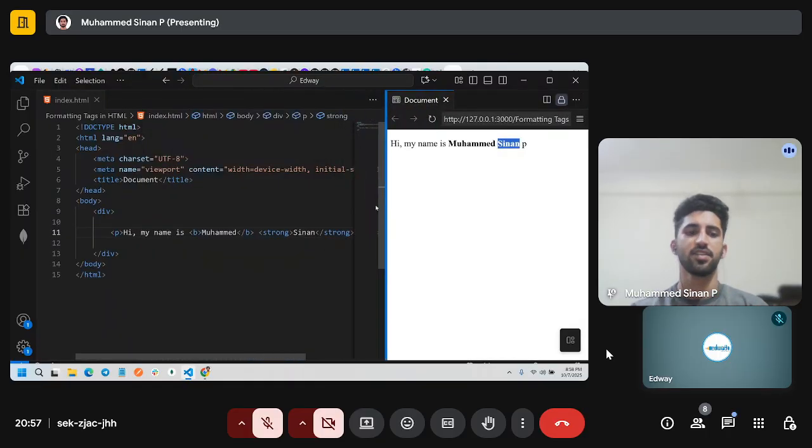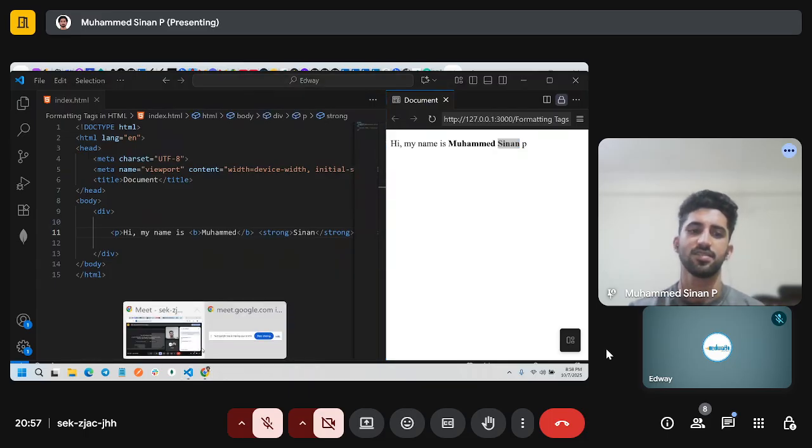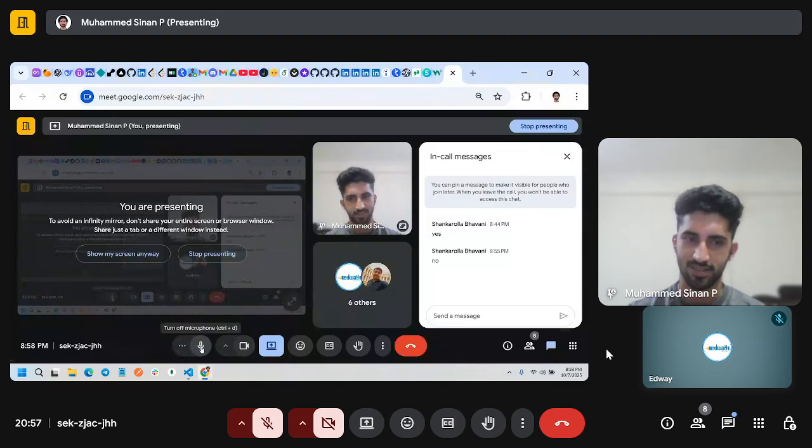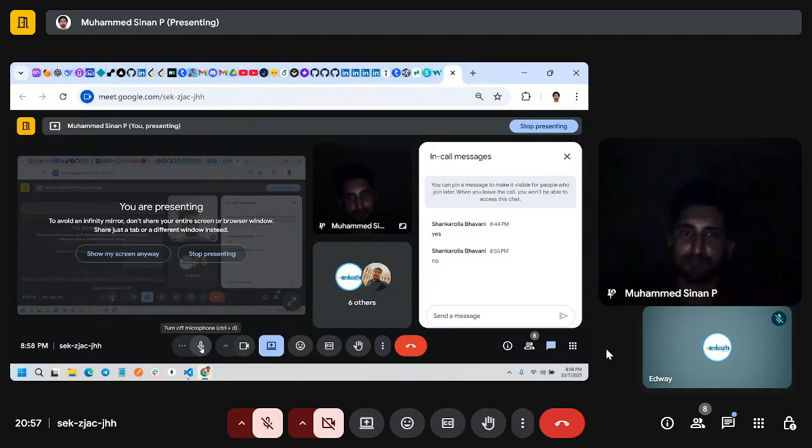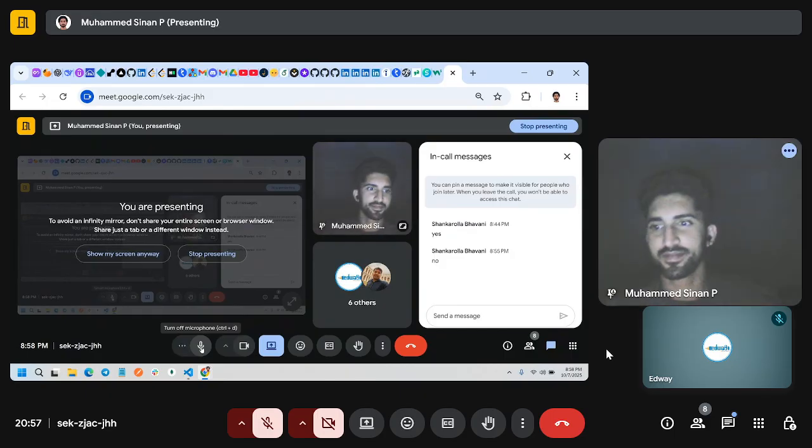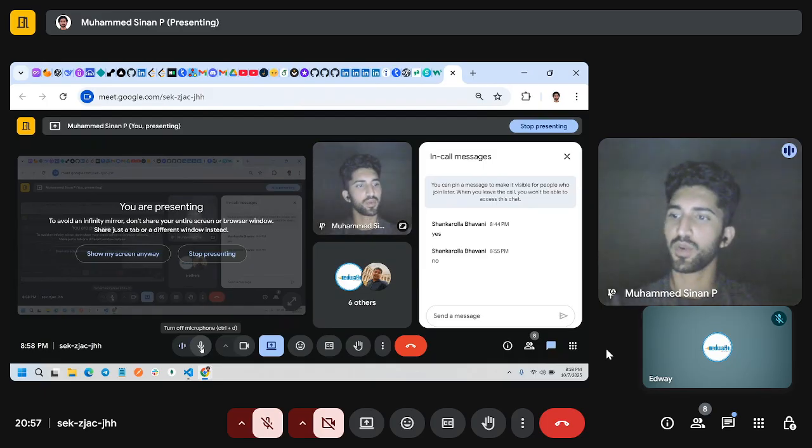Is there any difference? No difference. But when we have particular text, we are using strong. Like a browser will understand easily. Exactly. So what is the need of the browser to understand?